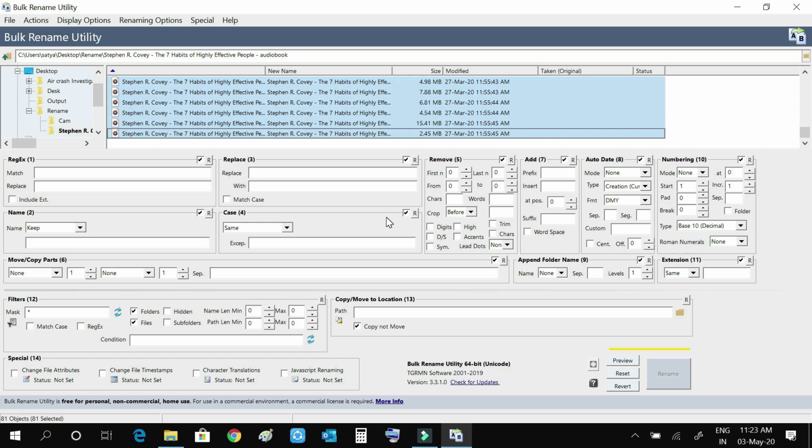My requirement from this software was to remove the first few digits. Let's do that. See, the moment I put 1, yes, it has gone. Now I would like to remove until it comes to the number.